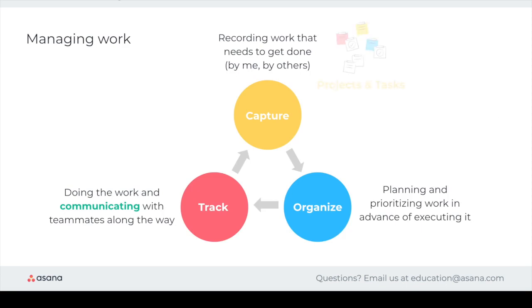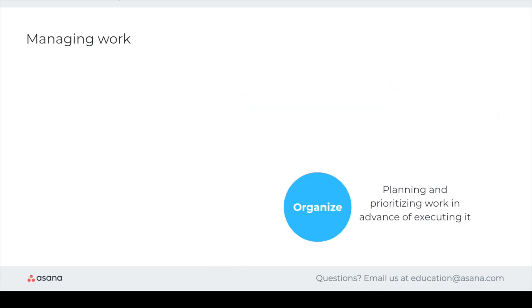We've talked about capturing work using projects and tasks. Let's now talk about the second phase, organize. So far, we've really been focused on a single project, that company celebration, but all of us are probably working on multiple projects at a given time and have tasks scattered across all of them. Give me that thumbs up in Zoom or the raised hand if your to-do list is just out of control,